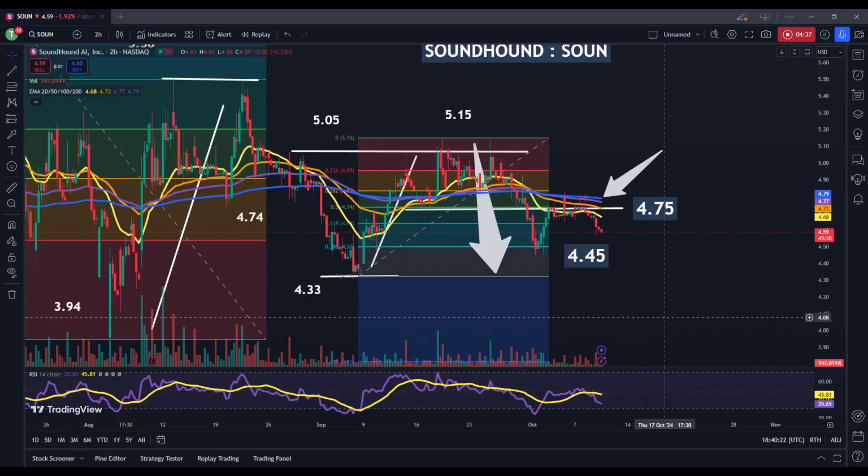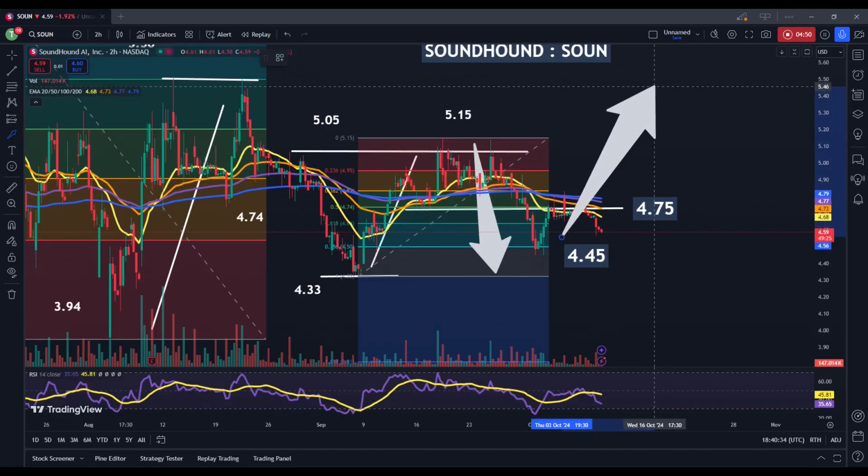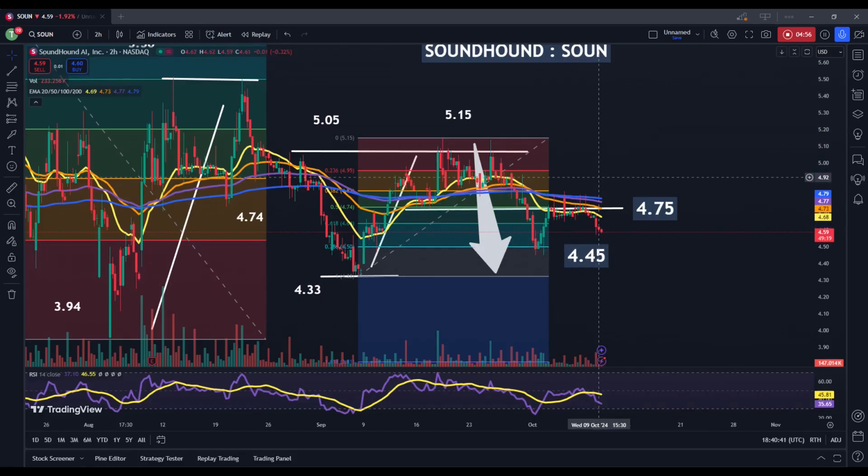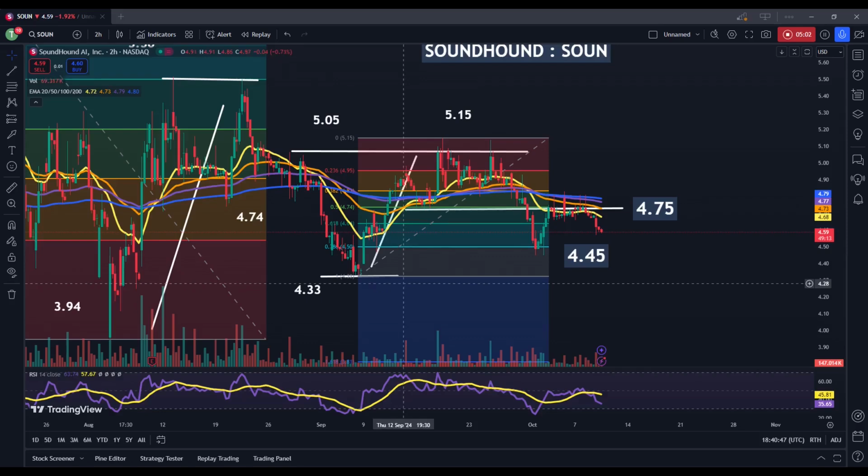So if we see share prices bounce from 450, that could keep this area intact and then hopefully generate some new highs here in the other direction, something along these lines. But if we do see share prices fall back below 450, I would suspect that we will probably wind up seeing a full retracement back into 433. And then that is going to become the main line in the sand here, because from there, if we start to see lower lows,